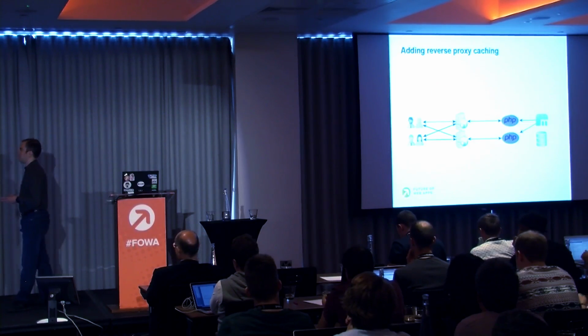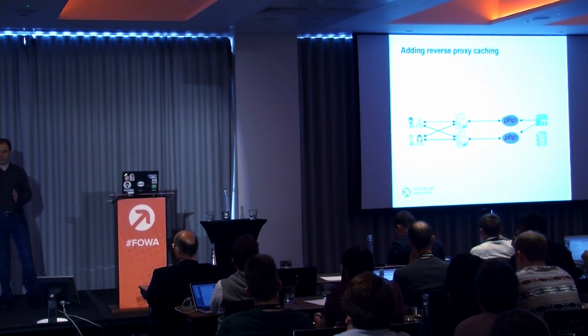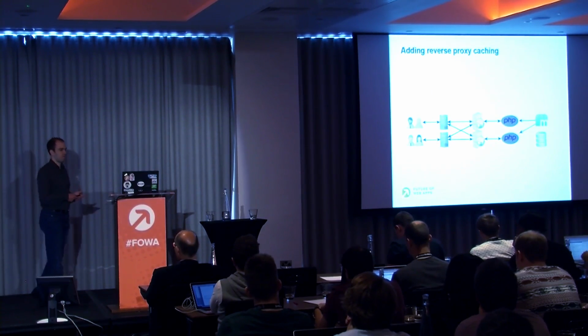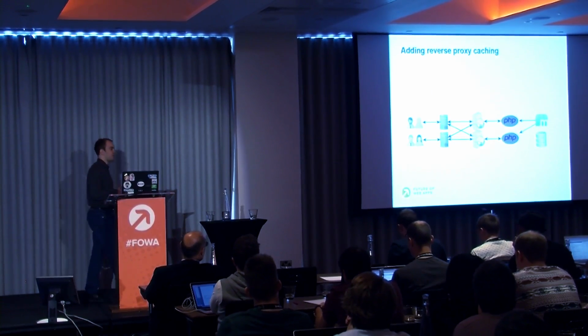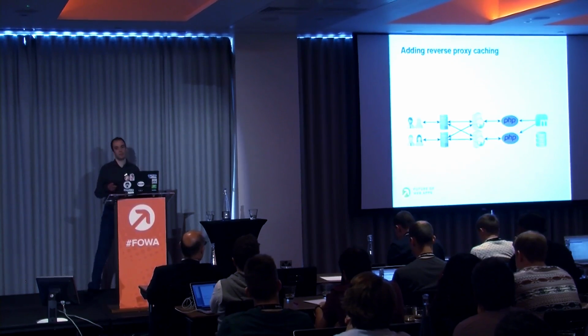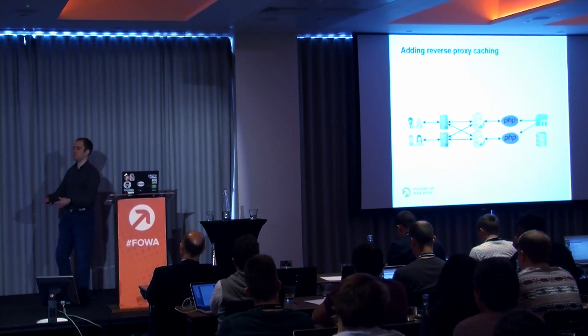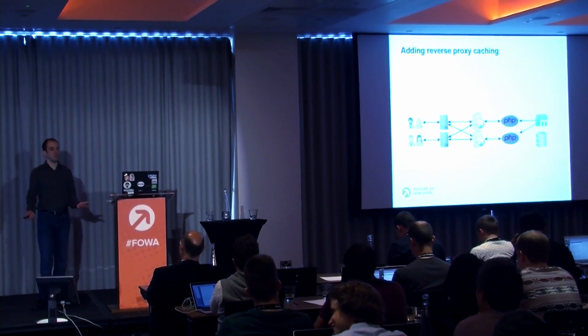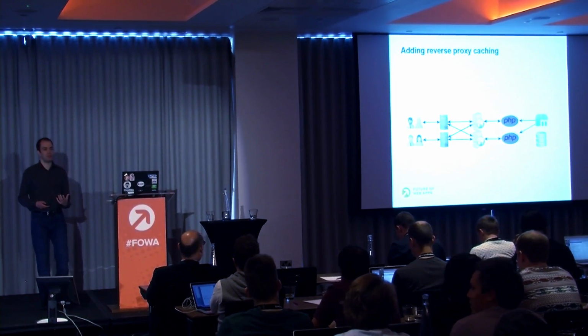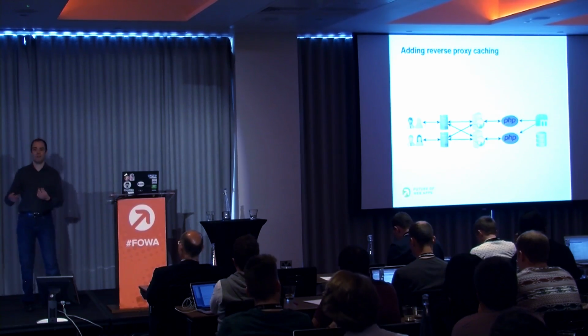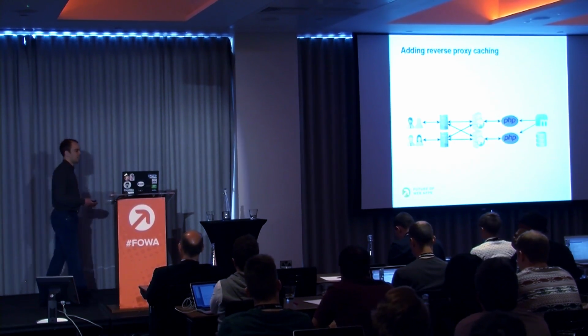And you cannot keep adding more and more web servers with Perl and Python and all the other stuff behind it because it's just too expensive. So about 6 to 7 years ago, a lot of companies started adding something in front of their web servers. They started adding reverse proxies. And the goal was to cache all content that was repetitively being demanded of the web server. So any page that was requested from the web server over and over again, there was no point in having the web server rebuild it every time.